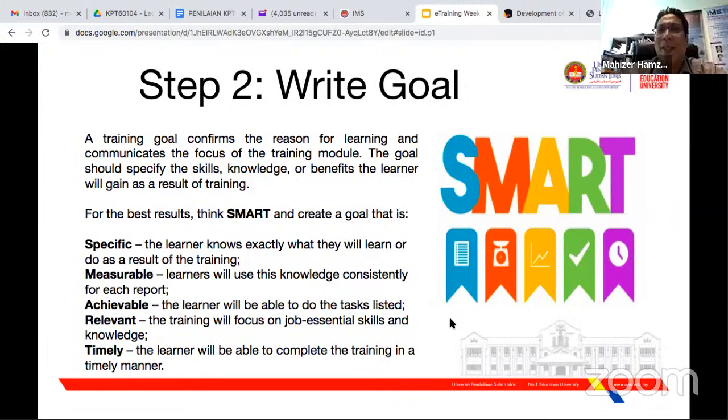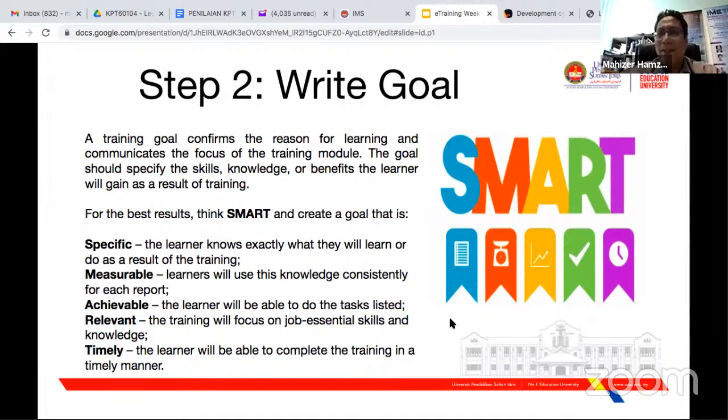So how many of them? Maybe we target 100%, but sometimes even in the learning training process, you cannot get 100%. But then at least you get the numbers, at least more than 50% for those who can, because the employer, maybe they are buying a lot of new machines, and then they want their employees to know how to operate it.